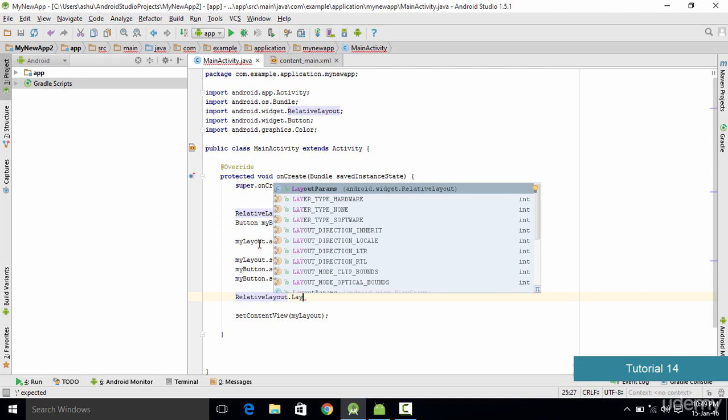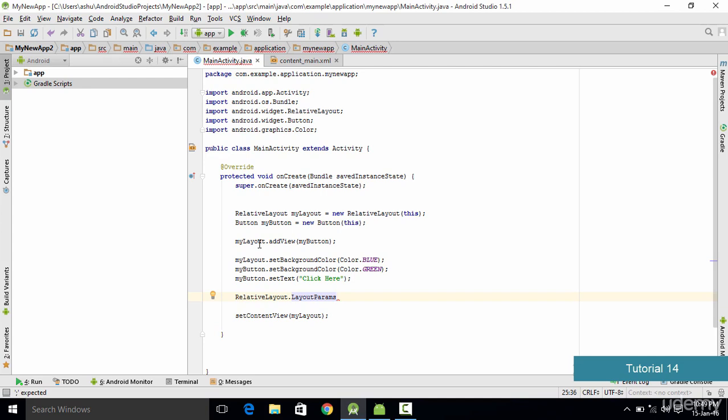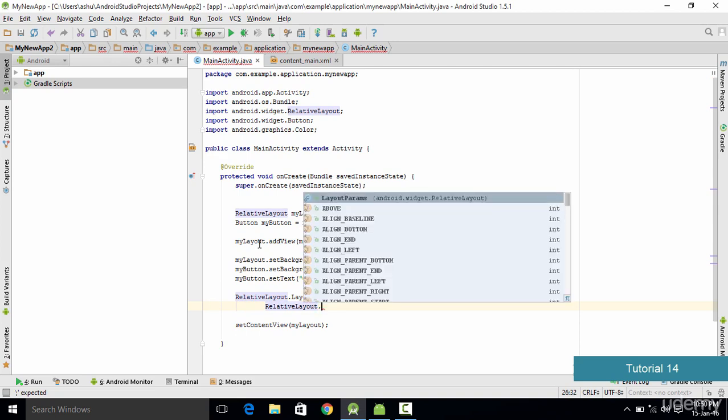This is going to be the layout parameter, and here we are going to specify the widget which we want to use, and then specify its layout. So we type dot layout params, and params stands for parameters. Now the next thing we need to do is mention the widget for which we are using this. So let's name it button details, as we are going to set the layout for buttons. So we type button details, and then we type equals, again we type relative layout, and then again dot layout